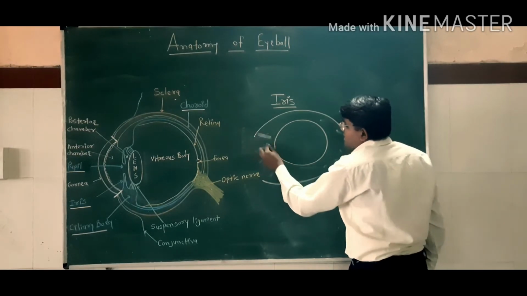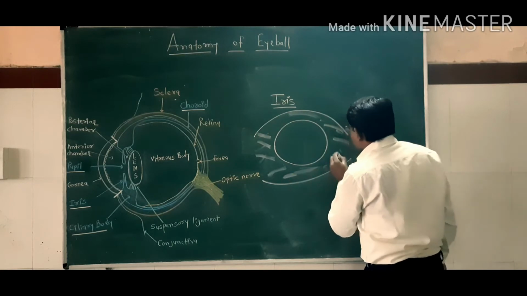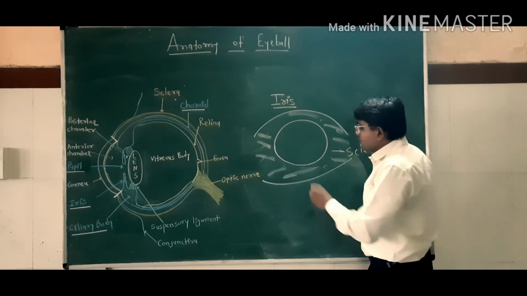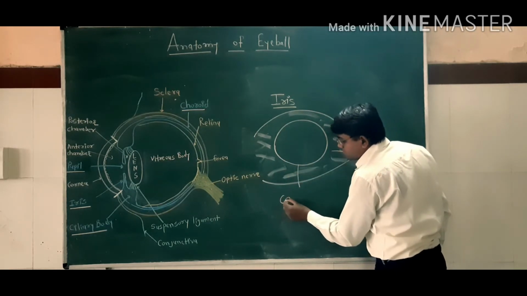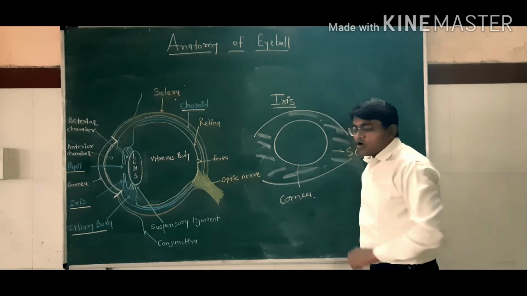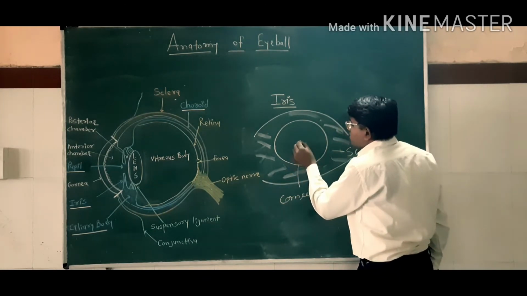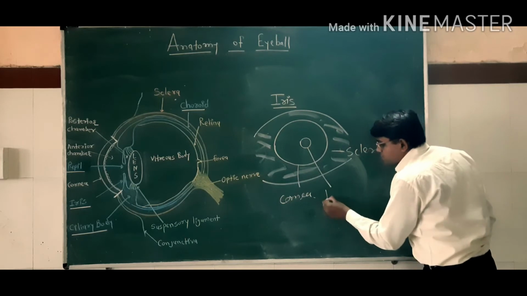This white area is the sclera, and this black area is the cornea. Okay, and in this cornea there is one central opening,